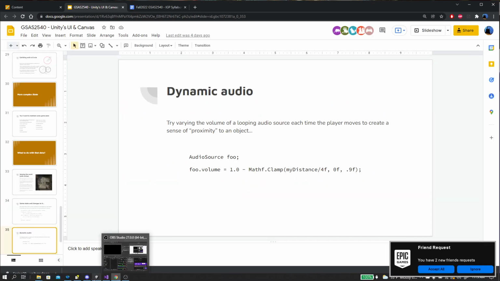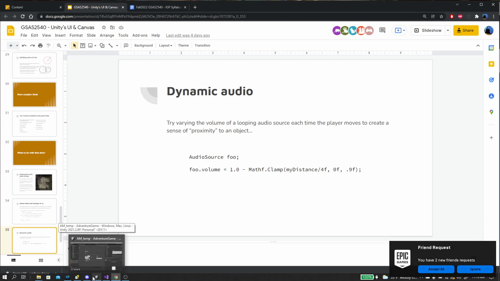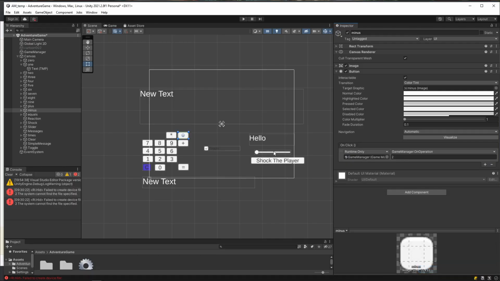Exercise to try. Imagine this was our game. The main objects that I'm interested in, of course, are the game manager, and then the canvas with all the buttons on it. The one other set of objects that I'll let you put, because quite frankly it's easier to deal with it this way,